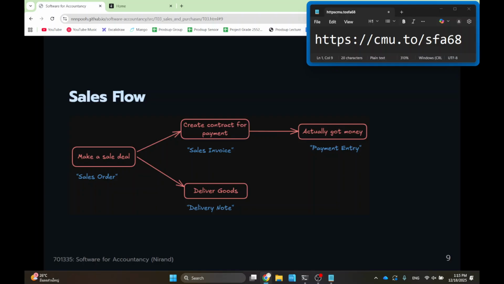And once they get the sales invoice and they need to pay you, and then once they pay you the money, then you can log it with the payment entry, okay? But the direction is kind of reversed now, okay? And then once they pay you, you need to deliver the goods, and that document is called